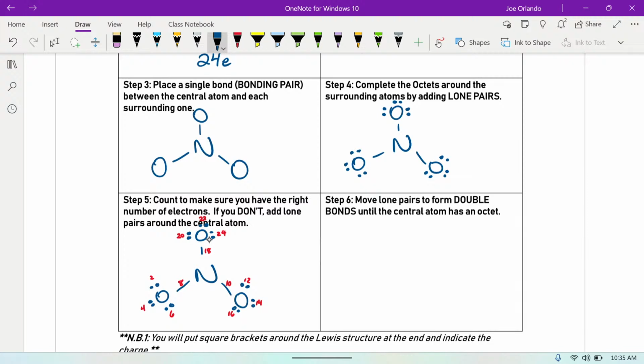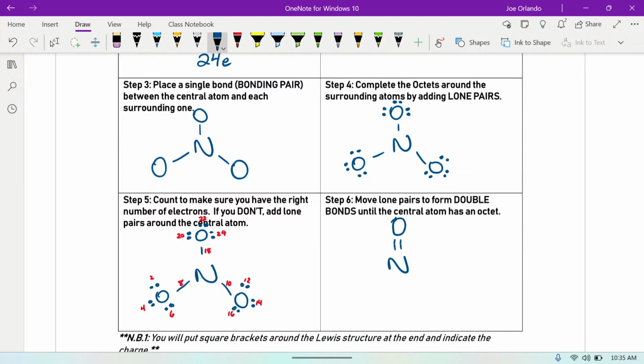And the truth is, each oxygen here, because they're all the same, is equally likely to be the double bond. So this could be a double bond, or that could be a double bond, or that could be a double bond. Since they're all equally likely, we could draw all three structures, but they're all going to look the same, or we could just pick one. Does that make sense? I have something I'm going to tell you guys about later, but don't worry about it now. So I'm going to go with the top one, and I'm going to make it a double bond,